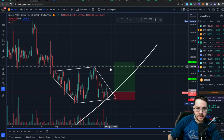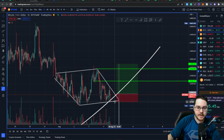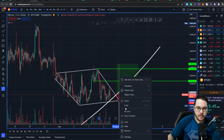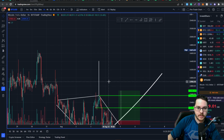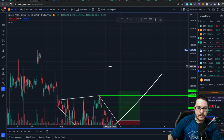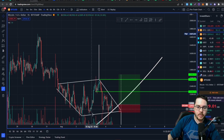And if we end up using this as support, I'll use my stop loss tool and put it right below it as well and try to ride it as much as I possibly can from this potential W play out, which would give us, I can just grab one of these trend lines because it's the same measurable target. That gives us a larger technical target of 24,400. So this is like the absolute most bullish thing that can come out of this scenario when we're riding along this